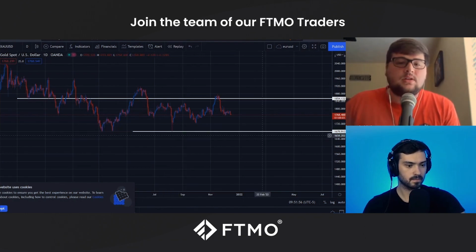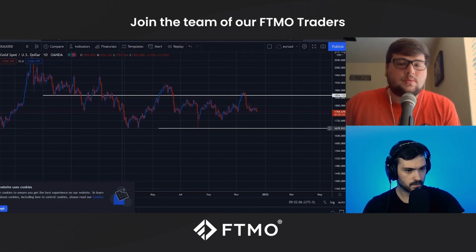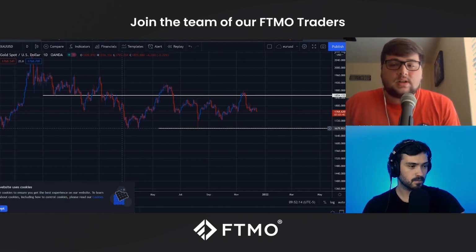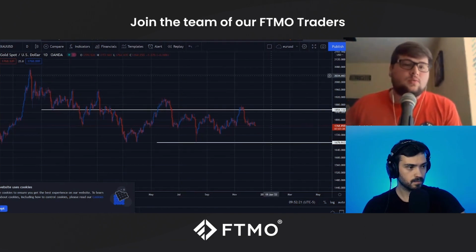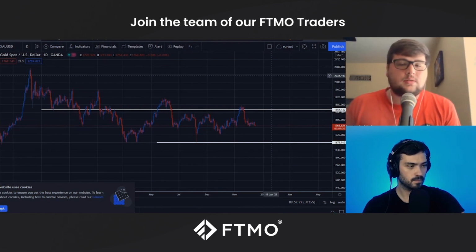It came all the way down here at 1680, and tapped down here before too. So you can tell this is a very important, very strong support. There's a good possibility that it comes down to test here again, especially if the dollar keeps getting stronger. And even with all the craziness with the dollar happening, the fundamentals are important, because even with all the money printing and the inflation and all this other stuff,